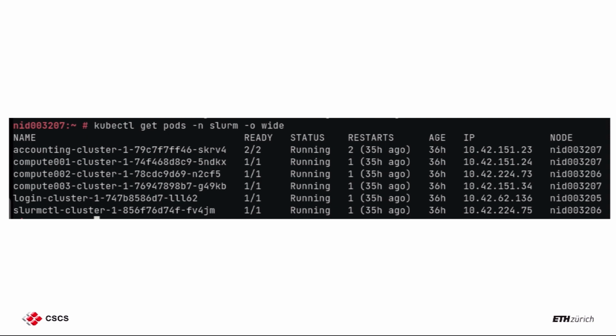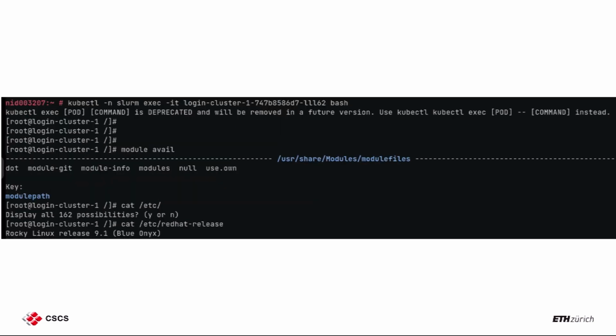So functionality, we have it. I can show you that we also have modules running, and this is the version of Rocky that we are using. We have been using some scientific application. We managed to get that compiled and working, but definitely we are not talking about the performance we're expecting. So you can get a complete scientific application there, and whatever you need to map to the container, you can do that.